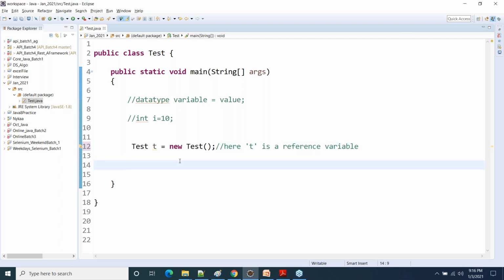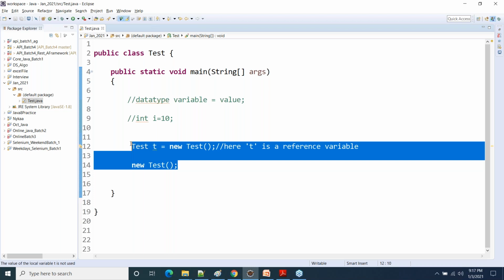Okay, no questions. Now, this is one of the options to create an object. In this option, while creating the object, we define the reference variable as well, which means we store the address of the object in a reference variable. Without a reference variable, you can also create an object something like this. This is also one way of creating an object, but you don't have any reference variable. So both approaches are available and used. It depends upon the requirement.